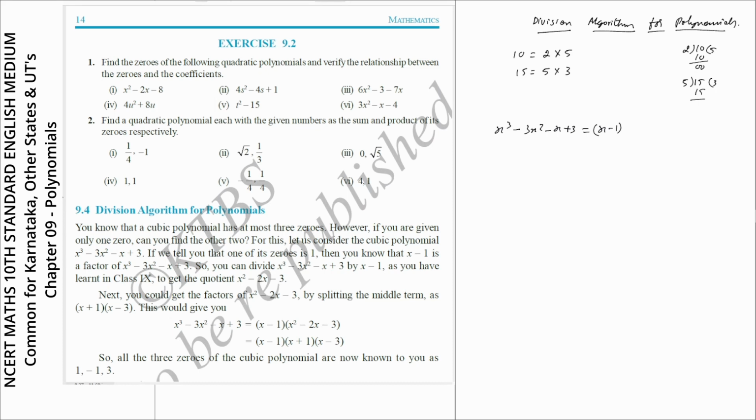It's very easy. What I'll do is divide the given polynomial x cube minus 3x square minus x plus 3 by one of the factors which I already know. So x minus 1 is the factor which I know. So if I divide, I'll get x square. If I multiply x minus 1 into x square, I'll get x square into x is x cube,